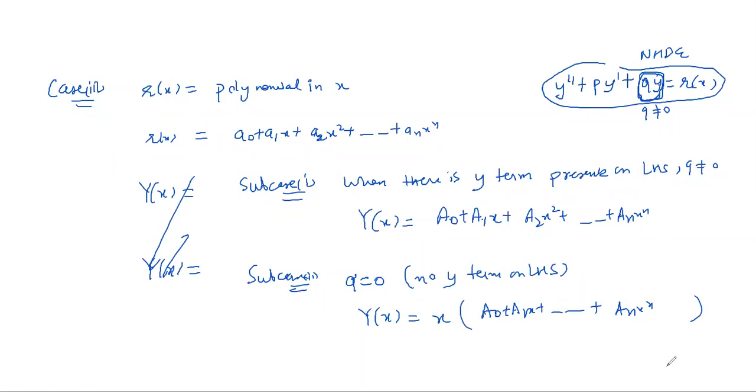So let's just do one example for the same. The things will be clear. This is the easiest case actually, the polynomial one. Not many things you have to look at. Okay, so let's solve this equation. y'' - 2y' + 5y = x² + 3. So you immediately recognize that the method you are going to apply is the method of undetermined coefficients, because on the left hand side you have constant coefficients. On the right hand side you have an R(x) which falls into the category of polynomial.